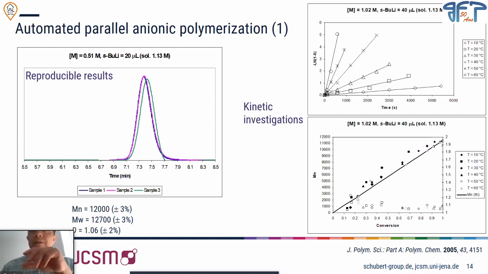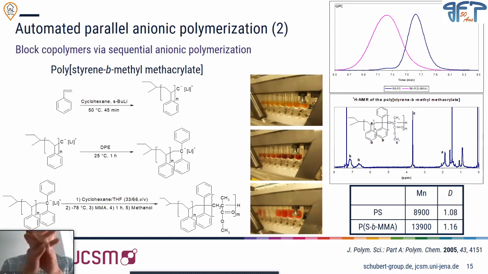So that was nice. We published some of these achievements, and later on, well, of course, we decided to complicate things a little bit more. We pushed the machine to the limits. Basically, we were testing this machine, how far you can go in terms of polymer synthesis. Following with the same technique, anionic polymerization, we decided to make some block polymers. For instance, you can see here in the slide,